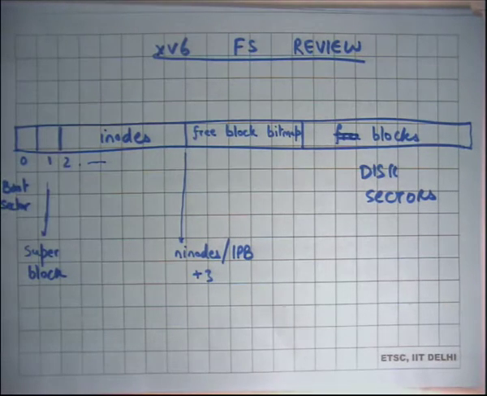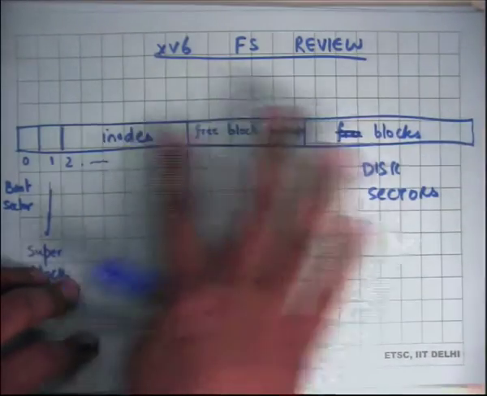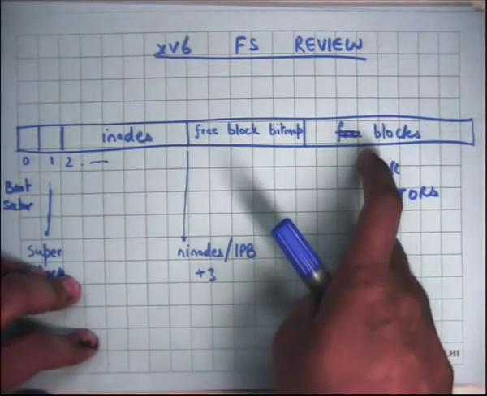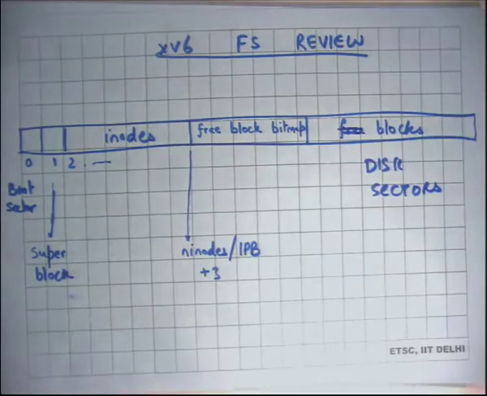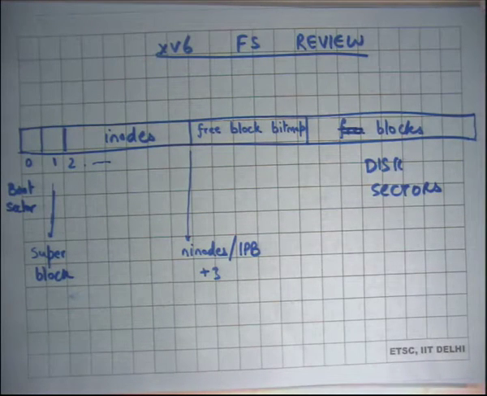There are multiple organizations you could do here. You could have, for example, interspersed inodes and blocks. That would have had the advantage that you could probably have better spatial locality between the file's index and the file's data blocks. On the other hand, if you want to go through a lot of files, for example you want to scan the entire directory structure, and all you care about is looking at the inode of each file,